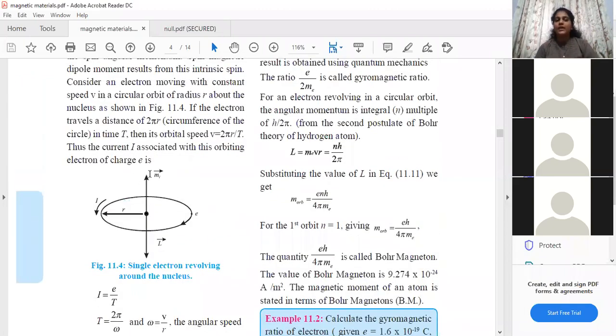Okay, so students, we started with an electron that is revolving around the nucleus. The electron has a charge minus 1.6 into 10 raised to minus 19 coulomb. Now here what we do is